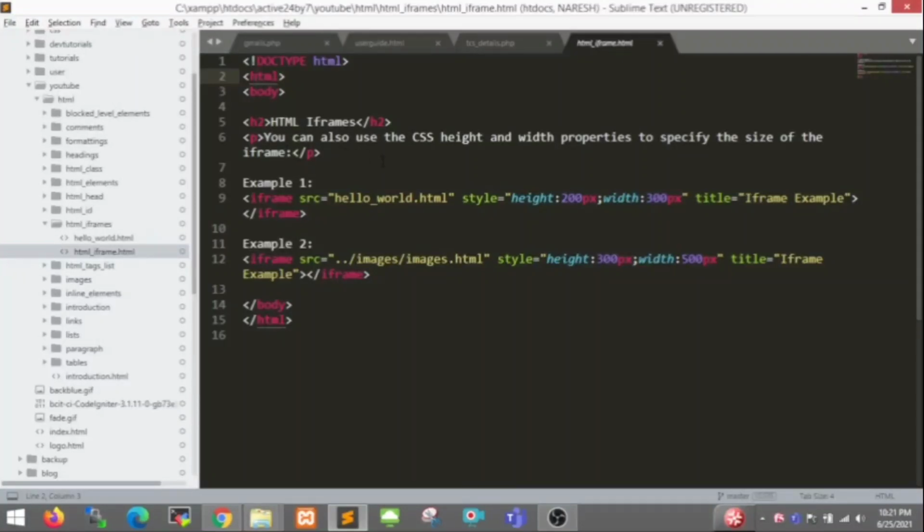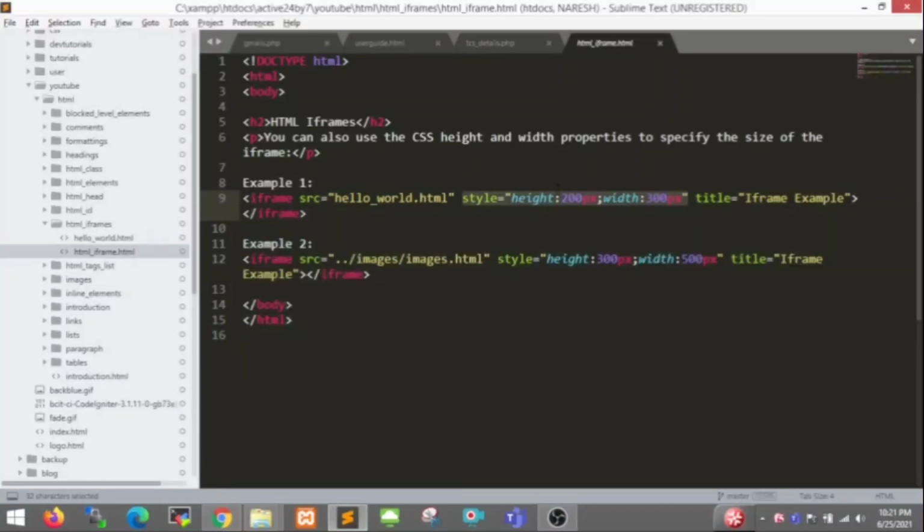You can also use the CSS height and width properties to specify the size of the iframe. Here I wrote example 1, iframe hello world.html, with some inline styles. Inline styles means writing the style within the HTML element using the style attribute.